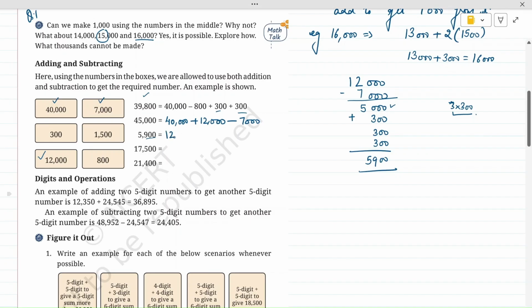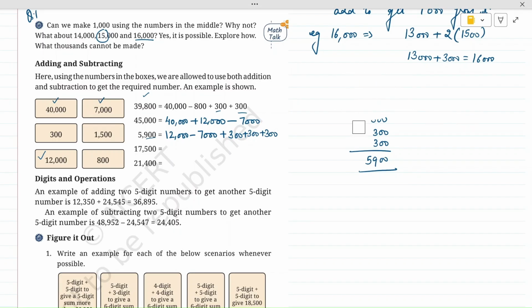This is 12,000 minus 7,000, which will give 5,000. And then we will add 300 plus 300 plus 300 and we will get the number. Okay. So this is also done. And now we will move to the next question, which is